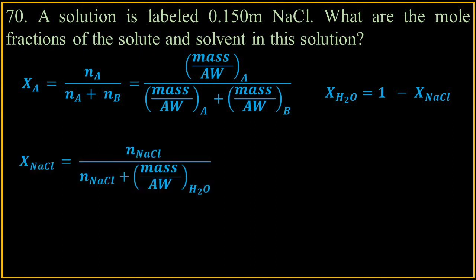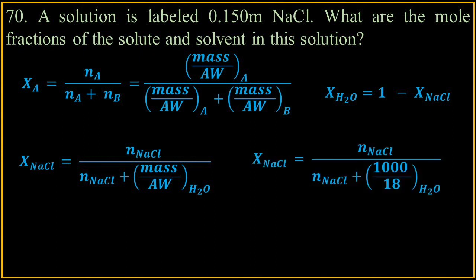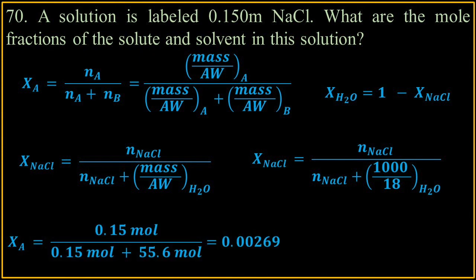plugging into the equation, we can reduce the numerator by just saying it's 0.15 moles of sodium chloride, and then in the denominator we put moles of sodium chloride, and then we have to figure out the moles of water, which is 1,000 divided by 18, which will be significant relative to the sodium. And then now we simply plug in. We plug in the moles of sodium chloride, and then we calculate out that the mole fraction of sodium chloride is